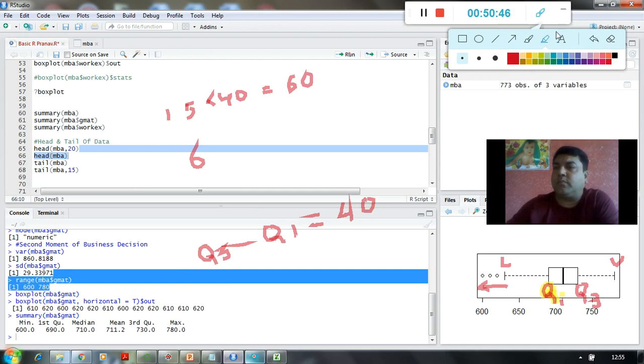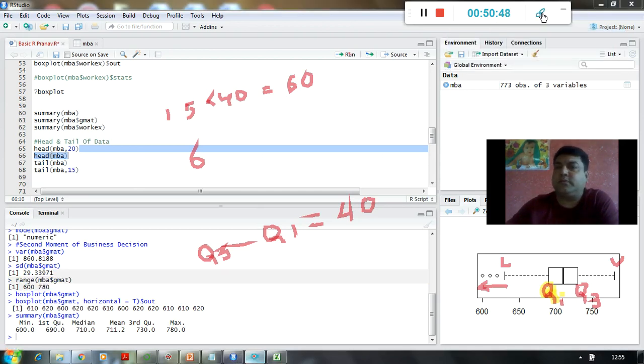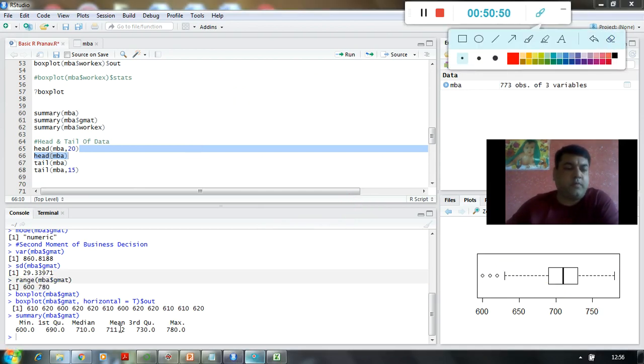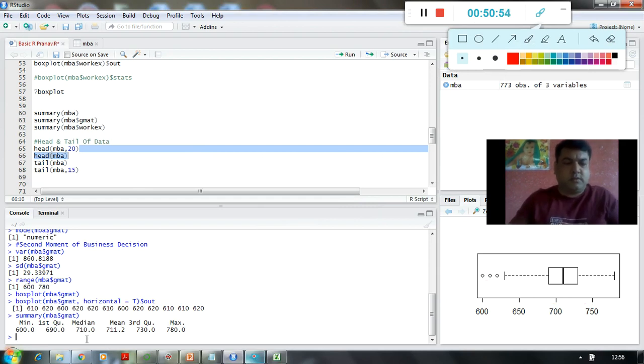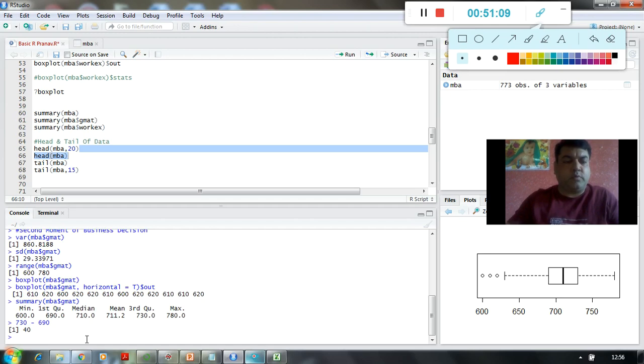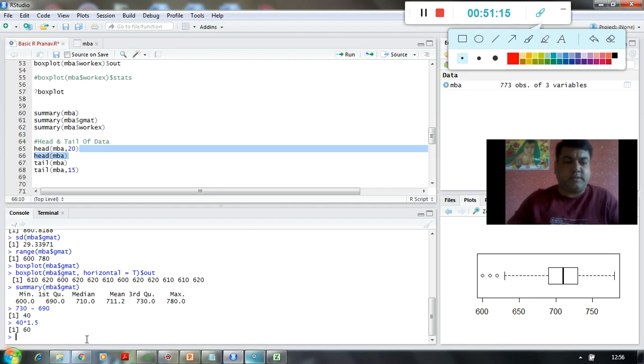Alright, let me use some other mechanism to explain this. So if I use this formula as we have learned, Q3 is what? 730. You can please watch in my console, I am writing it over there. 730 minus 690 is going to be 40. 40 into 1.5 is going to be 60.